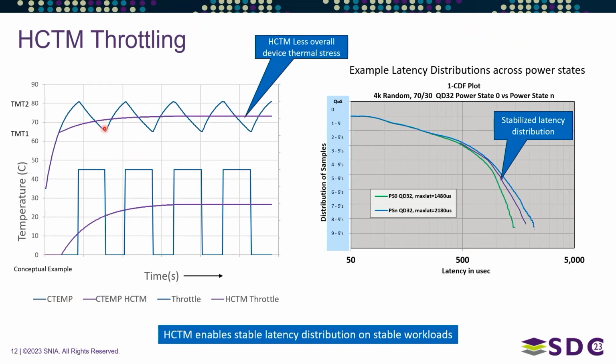In this particular example, I set TMT1 at about 65 centigrade. As soon as the temperature starts rising above 65, you start slowly adding a small amount of derating. Then as the temperature continues to rise, you continue to add more derating. And then at some point in time, the thing just stabilizes out. And so what will happen is